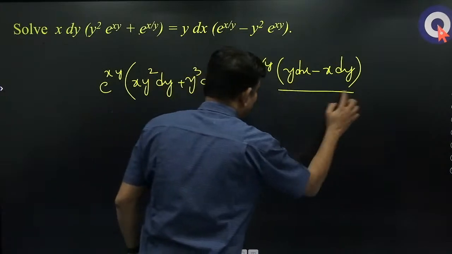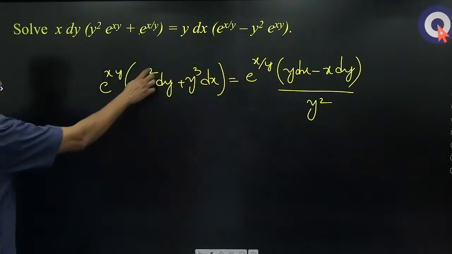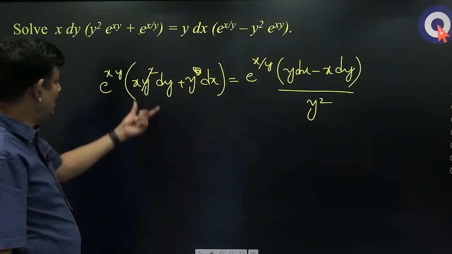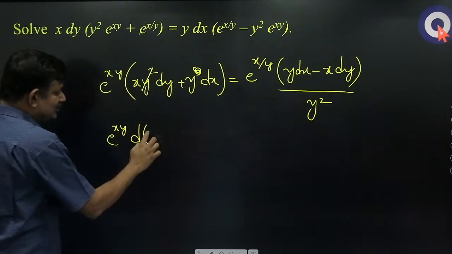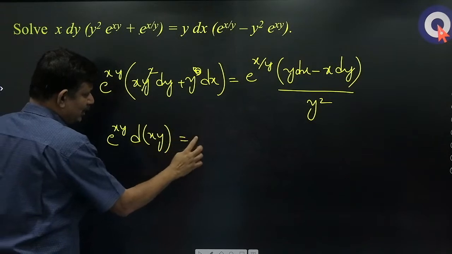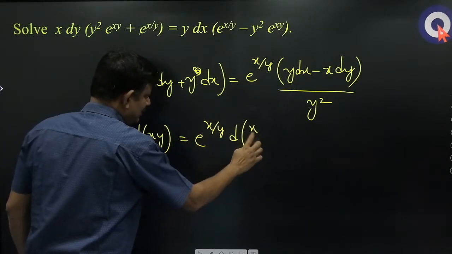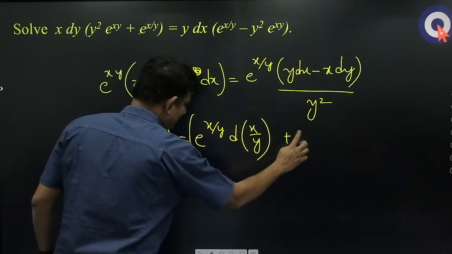So I should have by y square here. If I divide by y square, what will happen? This will get cancelled. This will become y. Now what is this? e power xy into derivative of xy. What is this? e power x by y into derivative of x by y. इससे आराम से क्वेश्चन निकल ही नहीं सकता. Integral, integral plus c